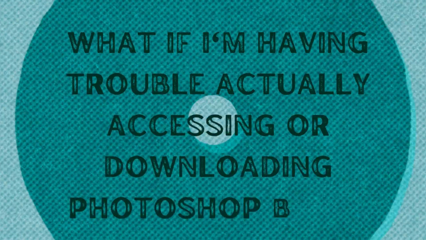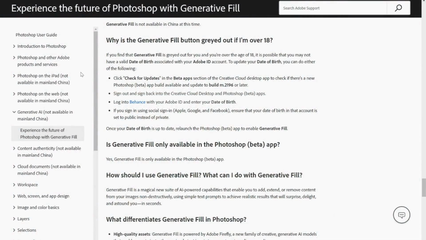Number 3, what if I'm having trouble actually accessing or downloading Photoshop Beta? So if this is you, what you're going to do is click check for updates in the beta apps section of the Creative Cloud desktop app. And then you're going to check if there's a new Photoshop Beta app build available, an update to build endpoint 2196 or later. So you're going to want to sign out and then sign back into the Creative Cloud desktop